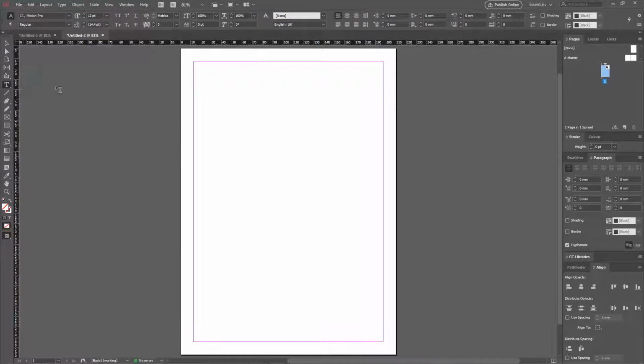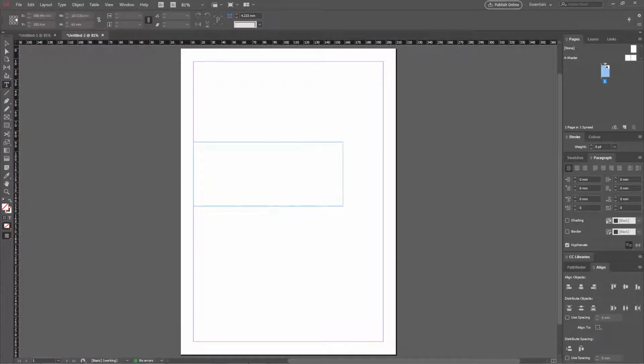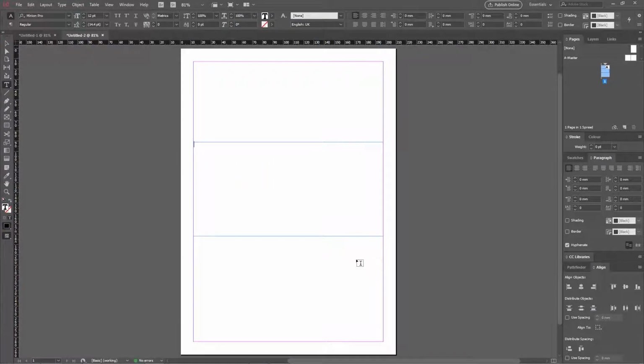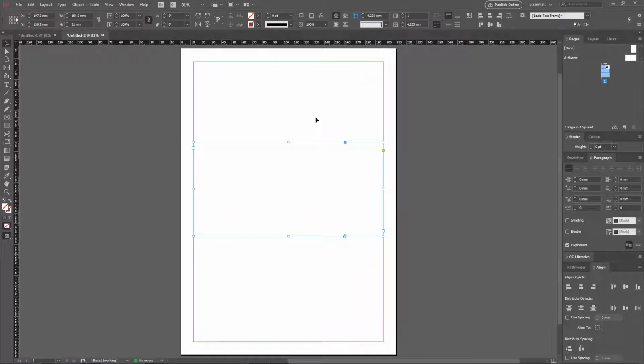It's really simple, so we just click on the type tool and we drag our box over, and then all we have to do is, if the type box is still selected, it won't actually allow us to do it, but we just have to highlight the text box, and over here, just where the cursor is, we can see that there is a feature, number of columns and the gutter. So if you click on, say, 3, it will now add 3 columns into this text box, and the gutter is basically the space between each column.